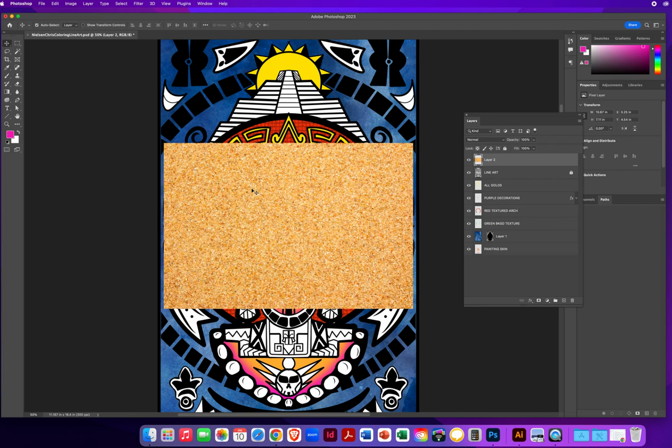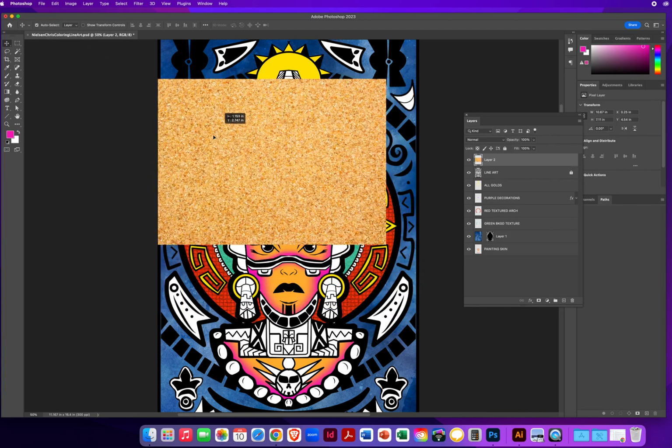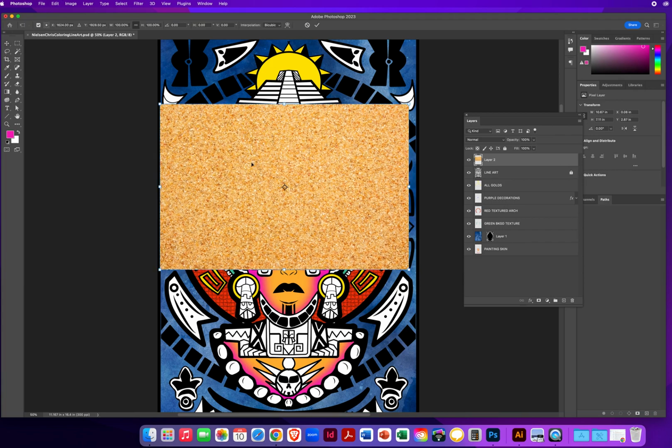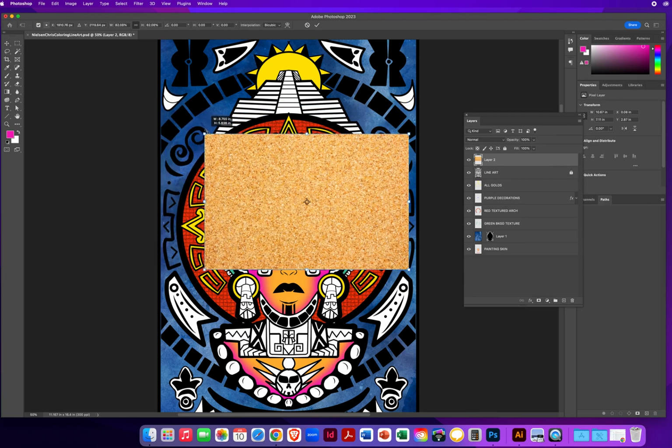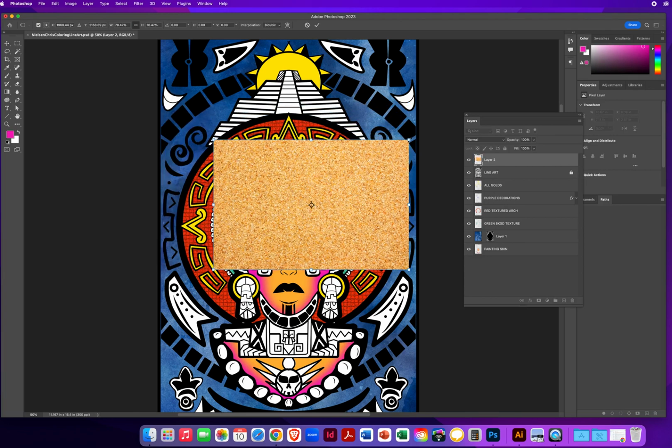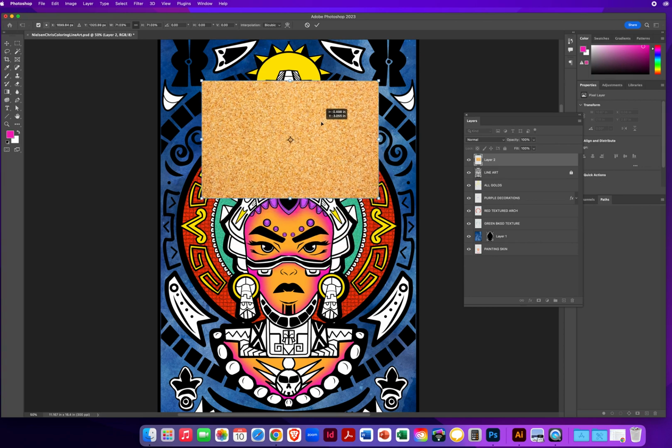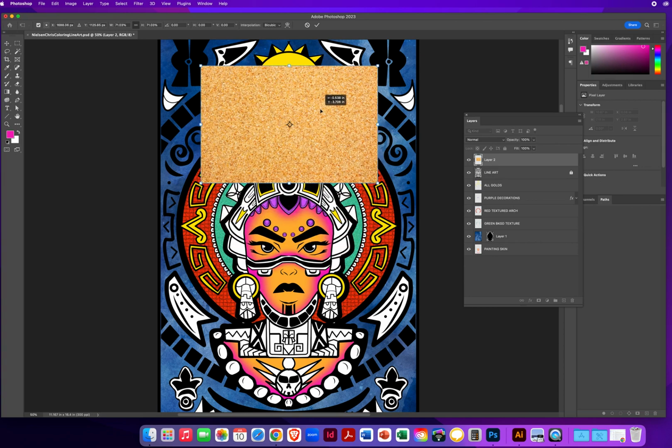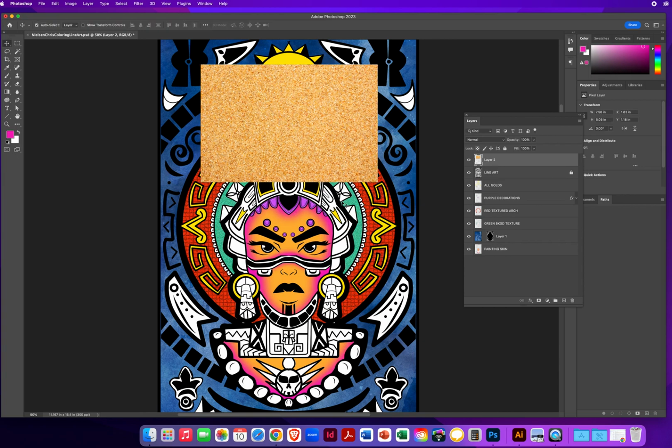Now that photo is actually too big, so I'm going to move it around, hit Command T on my Mac or Control T on a PC. I just drag a corner. I just want it big enough just to be able to cover that pyramid right there, and that's definitely doing it. I hit return on my Mac or enter on a PC, and now all I have to do is